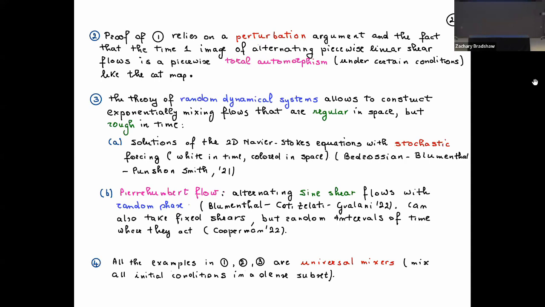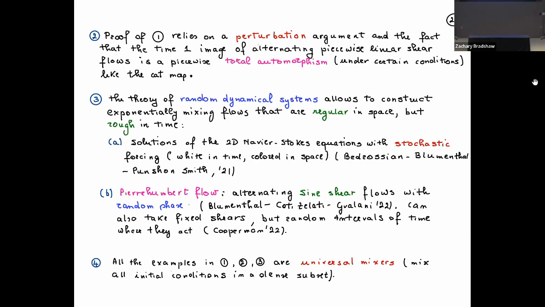Now, there have also been a lot of results by Sam in particular, and Jacob, and also Alex Blumenthal, where you introduce randomness. If you introduce randomness, things are much better. And you could, in some sense, accept that, because mixing has to do with correlation, so if you introduce randomness, the correlation should be better. Also, the theory of random dynamical systems lets you say a lot more. I'm definitely not an expert, so I will let Sam discuss that.